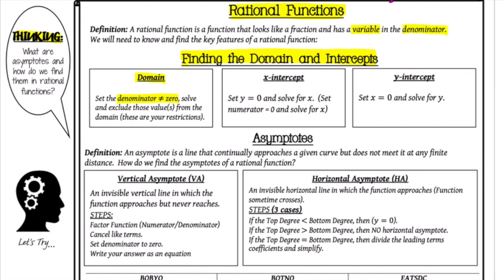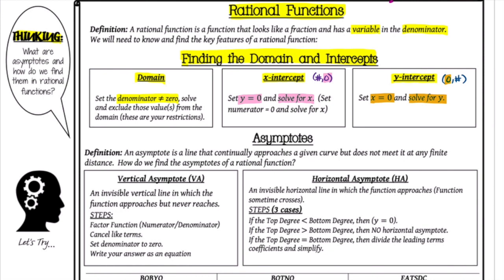To find the x-intercept, we know the x-intercept is a point on the x-axis, which means we're always going to have some number comma 0, letting us set 0 for y and solve for x. To find the y-intercept, we know that is a point on the y-axis, which means we're always going to have 0 comma a number, which lets us input 0 for x and solve for y. And then we have